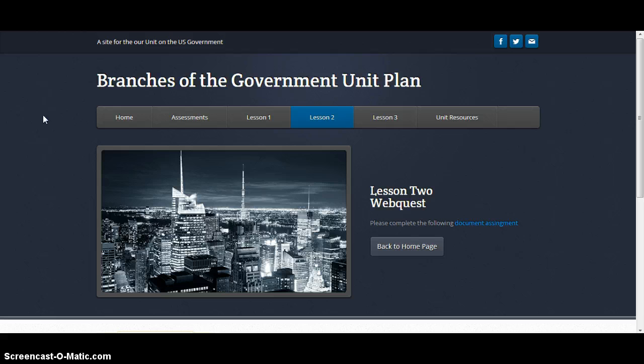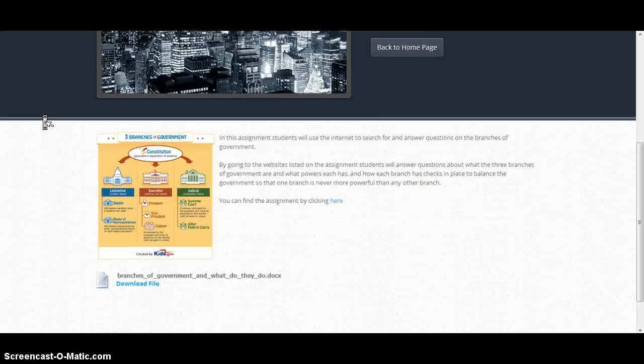Lesson 2 was a web quest I created for the class. I gave them a worksheet that can be found right here, that the students would then be able to take that web quest, go on the web, use that document that they printed out, and then at home or in class, if internet is available, would be able to search the internet using the sites that are provided to them on the document to answer the questions and hopefully gain a greater understanding